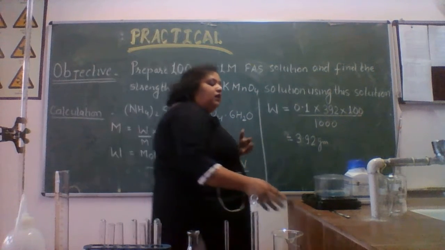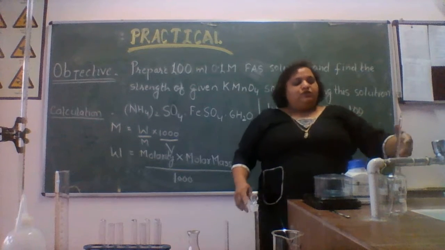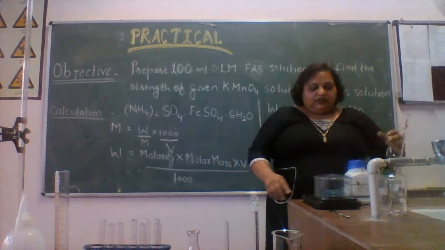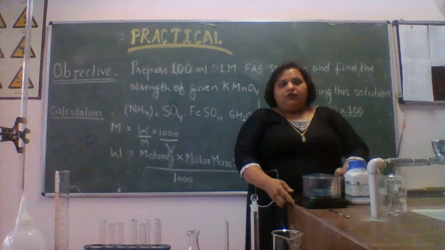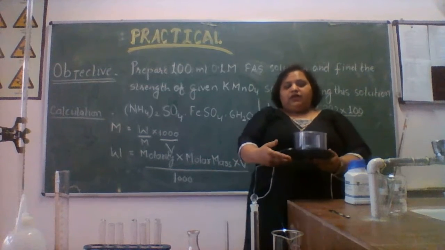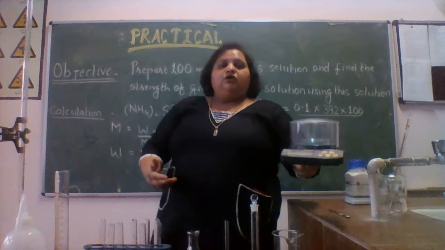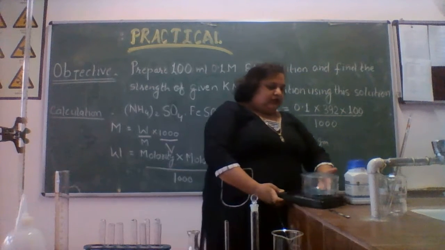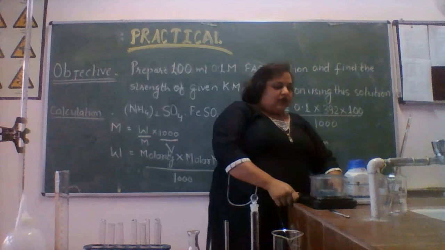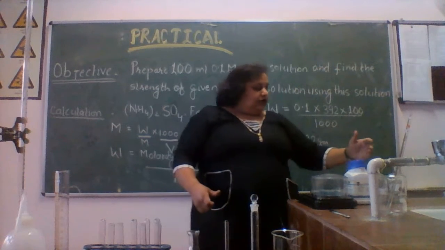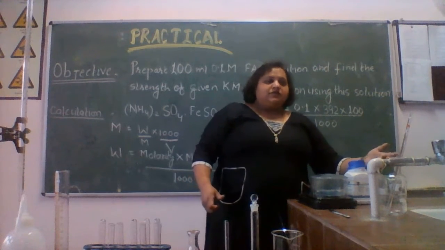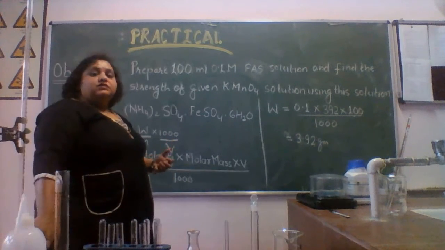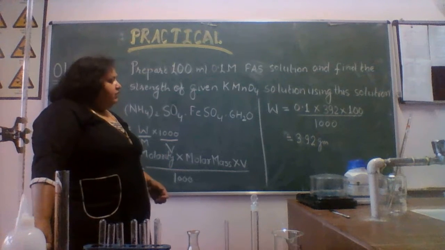Along with this, the other things that we will use here are this pipette, this is again one beaker, and this is the electronic weighing machine that I am going to use to prepare the solution. Then the required reagents are ferrous ammonium sulfate, concentrated and dilute sulfuric acid, and KMnO4, potassium permanganate. These are the materials that we require for this experiment.